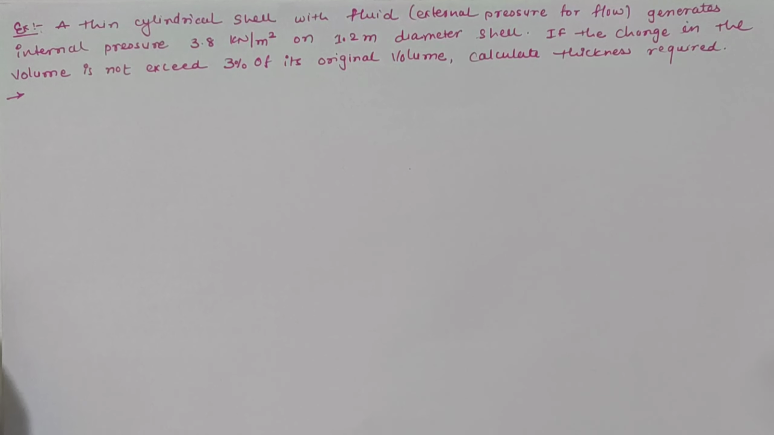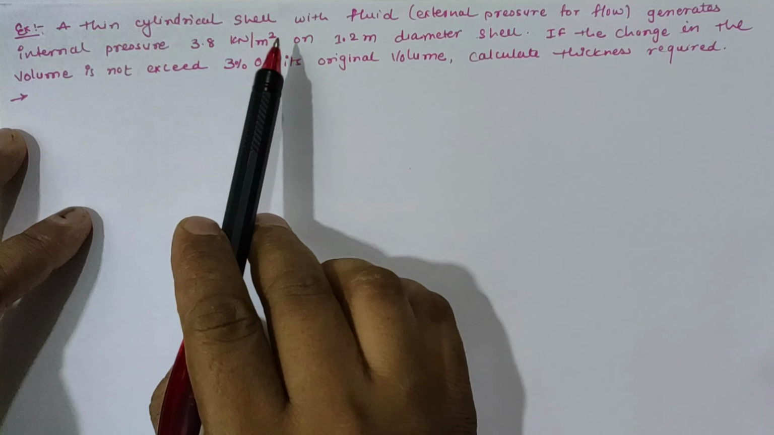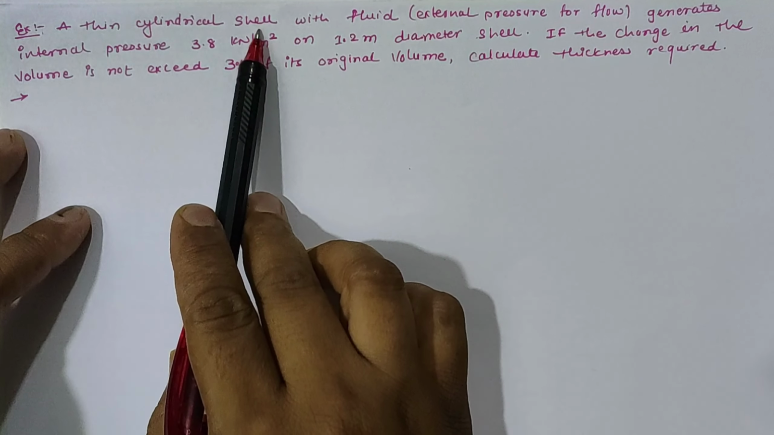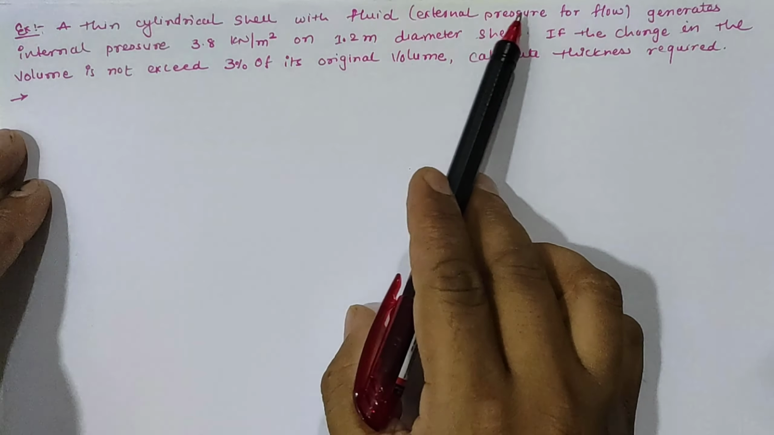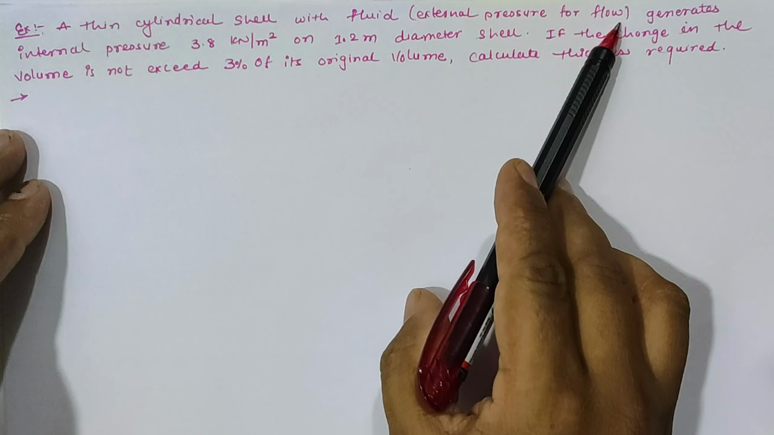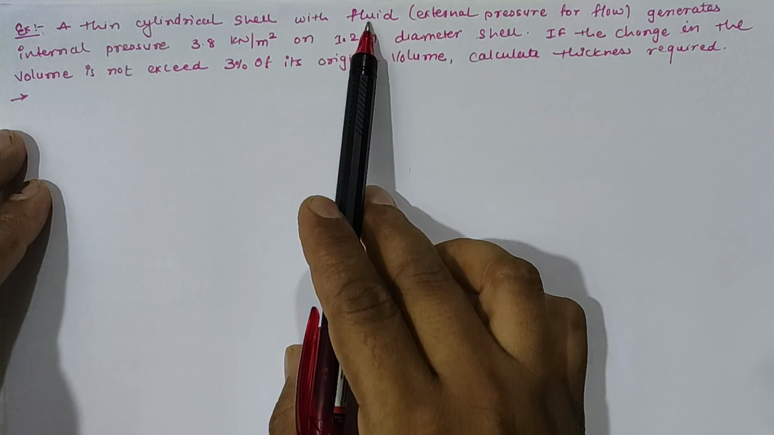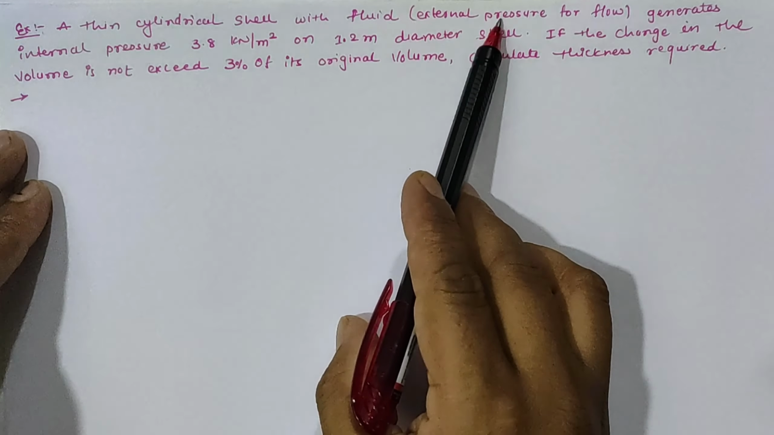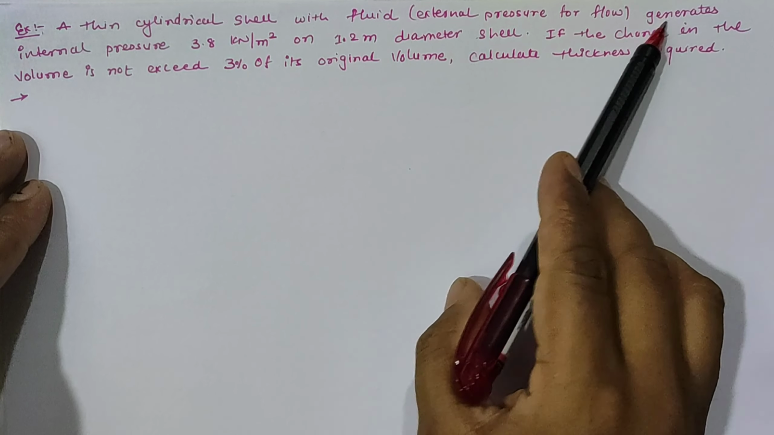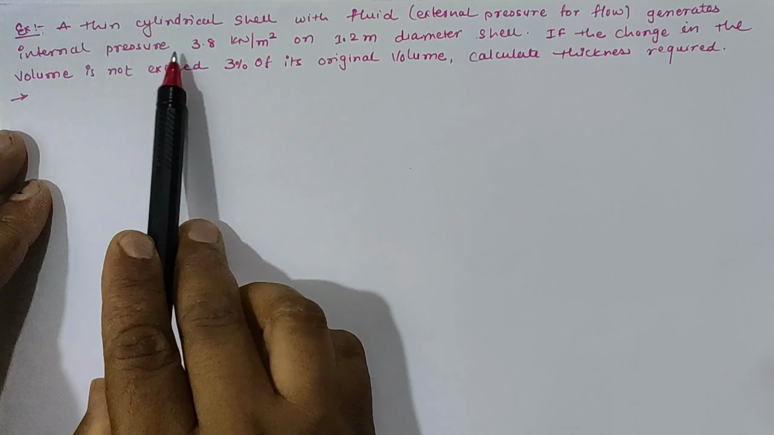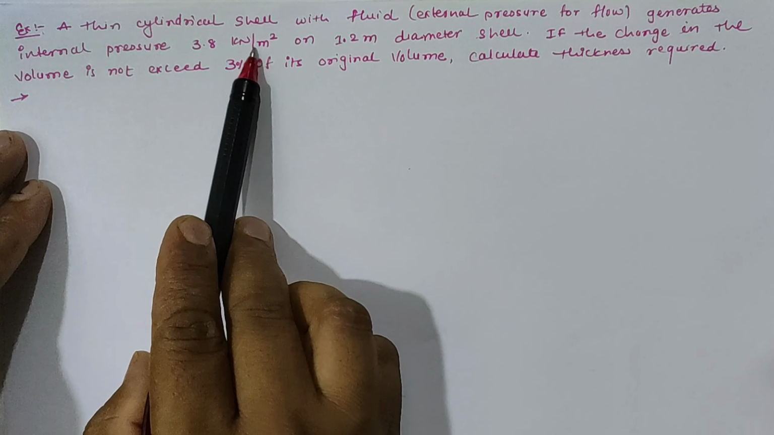Hello friends, today we are going to calculate the thickness required for a thin cylindrical shell according to the given data. First of all, the given data is a thin cylindrical shell with fluid and external pressure for flow. It means that for flowing of fluid we require external pressure which generates internal pressure as 3.8 kilonewton per meter